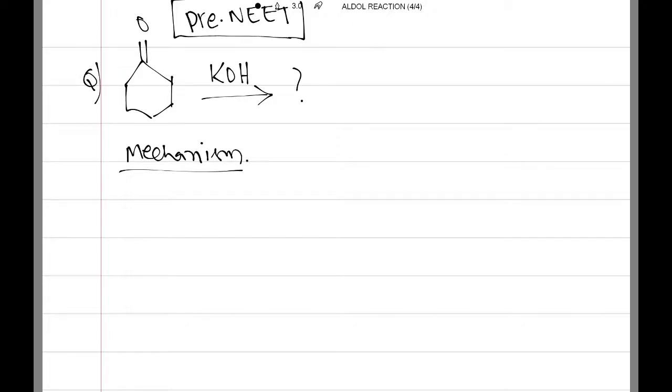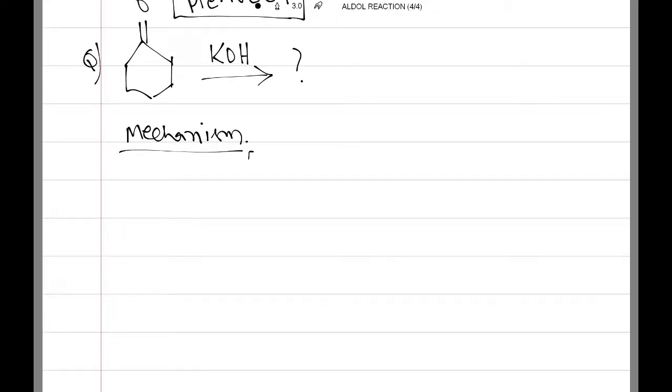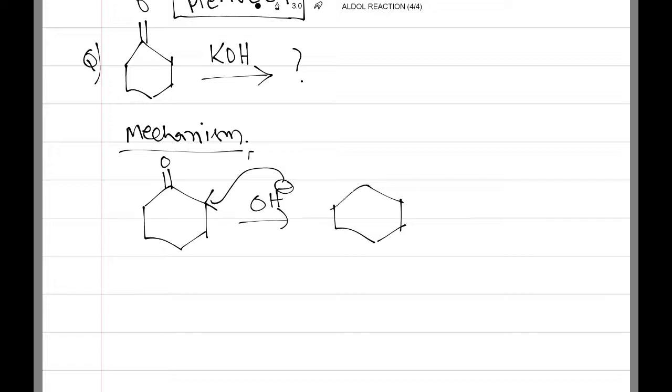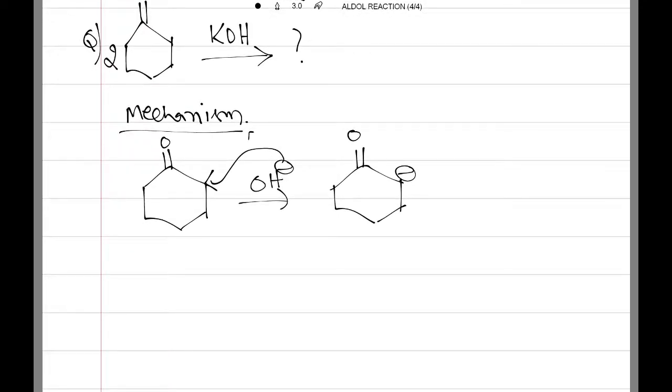So what is the first step of the reaction? First step is nothing but elimination of a proton by the base. The base takes the proton from the alpha carbon. So what can we get here? We can get the carbanion. Here only one carbonyl function is there, which means it is a simple aldol reaction. That means 2 moles of cyclohexanone we should take here.